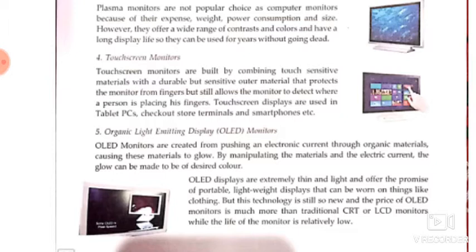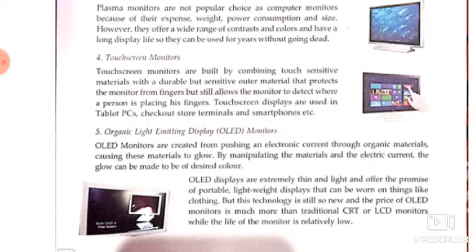By manipulating the material and electric current, the glow can be made to be the desired color. So what happens here? The OLED monitors are created from pushing electronic current through organic materials. So that's why the picture quality of OLED is very natural. It looks like we are watching the real picture, or reality in front of us.